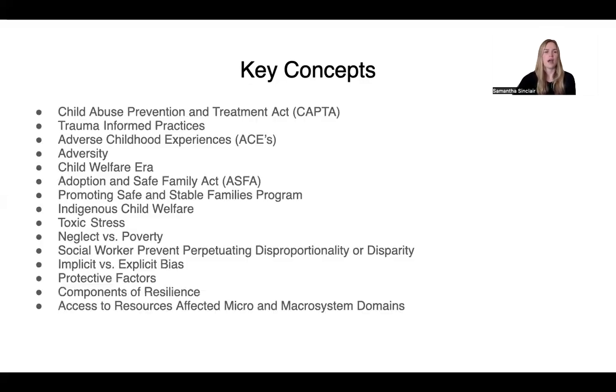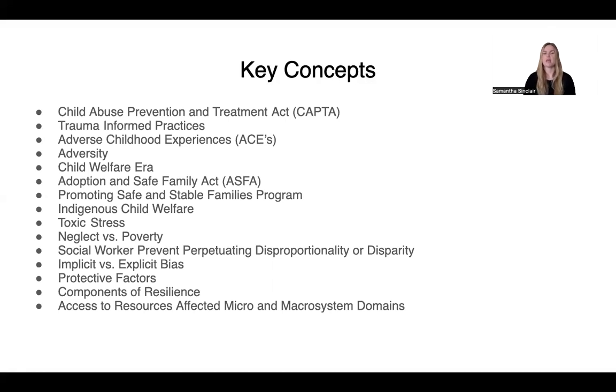Our key concepts, there was a ton of them, however, the ones that I chose most important from each unit, which was about 4 from each of the units. We have Child Abuse Prevention and Treatment Act, also CAPTA, trauma-informed practices, adverse childhood experiences, also ACEs, adversity, child welfare era, Adoption and Safe Family Act, ASFA, promoting safe and stable families program, Indigenous child welfare, toxic stress, neglect versus poverty, social worker prevention of perpetuating disproportionality or disparity,